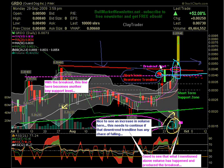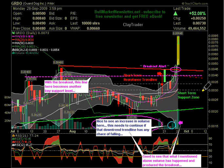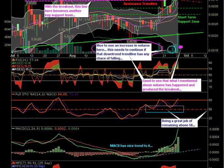Big volume, and what it showed was that this was just the beginning of the breakout, and now this is all follow through on the breakout. So great volume and a nice follow through in terms of the price action that we had on Friday. Looking down here,